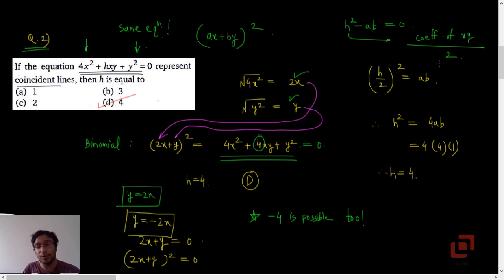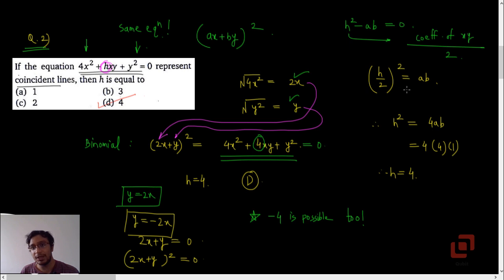However, when they say h squared, here h is actually the coefficient of the term xy upon 2. Remember, in the standard form it is always 2hxy, okay. But here, to confuse you, they have not printed that 2 and they have just said h, okay. So in reality they are actually asking you to find the value of 2h, okay. So if you are to use this formula, don't take it as it is, that is h squared minus ab equal to 0, divide h by 2, okay, because in our situation, in the given problem, it is h by 2 which is playing the role of h, okay.